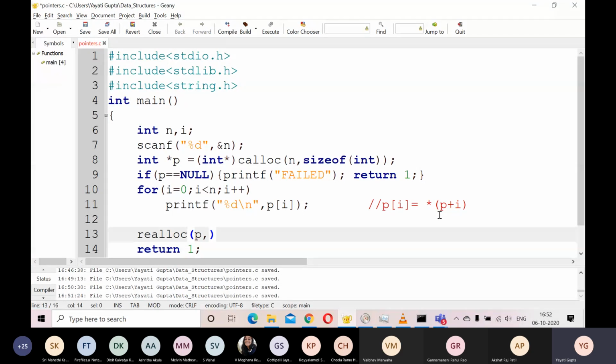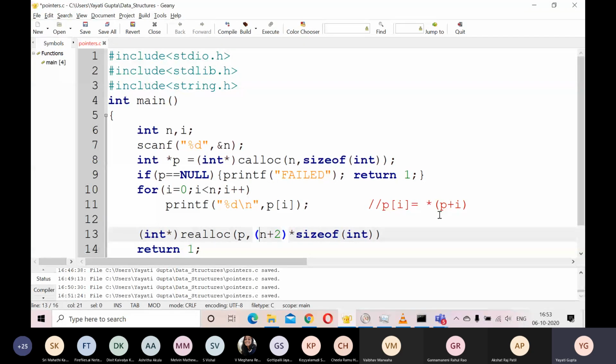Now I want to add 2 more elements to it, so my new memory has size (n plus 2) times size of int. Even for the realloc function you need to do a pointer typecasting. So this is your complete realloc function.